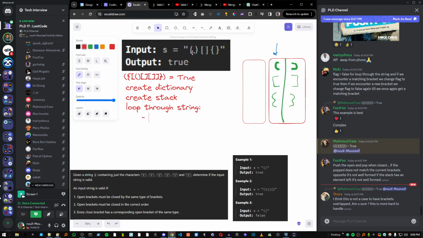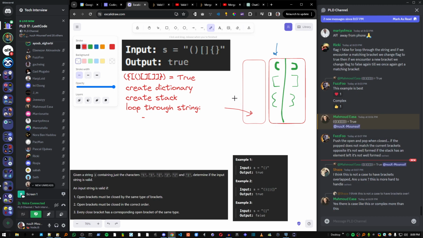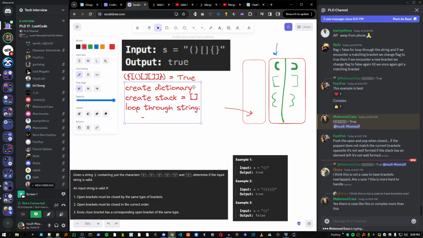Okay, loop through string. Now our string, we have this first character, open parentheses. What we're gonna do is we're gonna push it to the stack. Wait. We need to know if it's open or close, right? Because we need to push. We just create an array that has just opening. This is bracket stack, opening. And this is dictionary that have